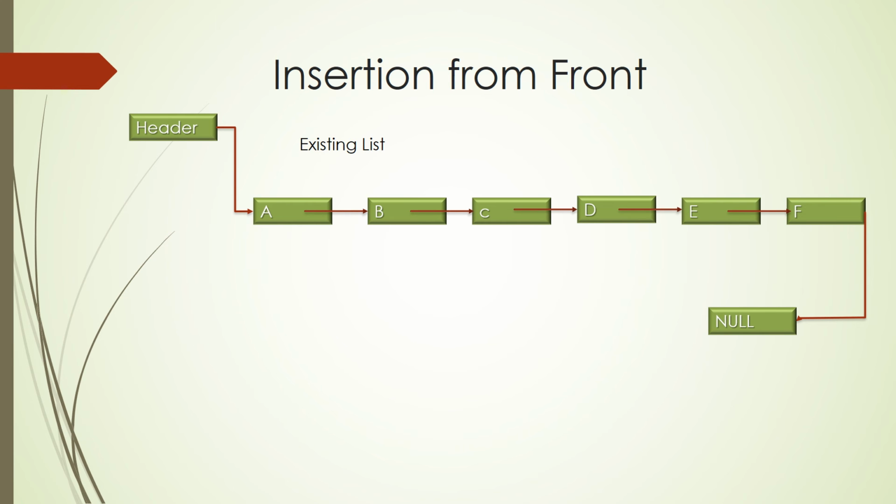So as you can see, you have a header node here. It is a header node, not a pointer. Okay. So you have a header node. The header node will contain no data, but a link field will be updated with the value 1500, which is corresponding to the value of the first element of the list. I'm just taking 1500 as a random value. You can think of any other values. Okay, so as of now I'm just taking 1500 as the starting address of the first node where the element A has been stored.